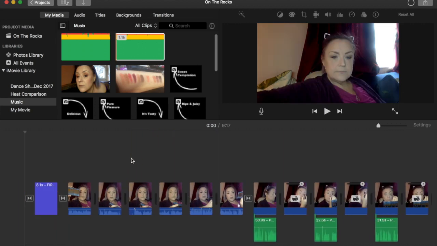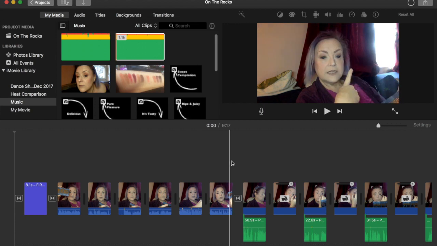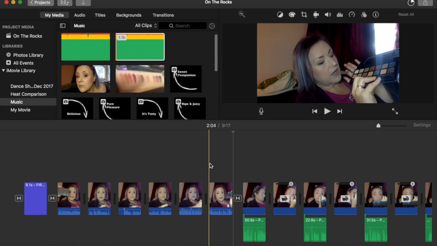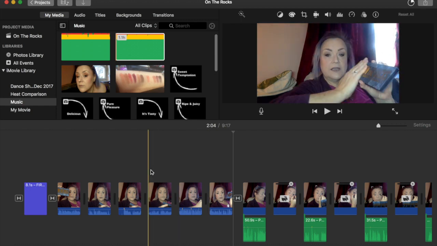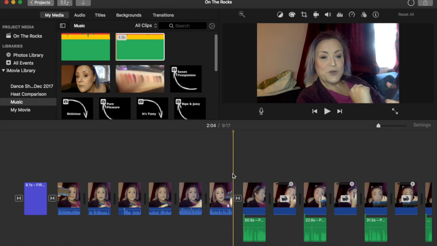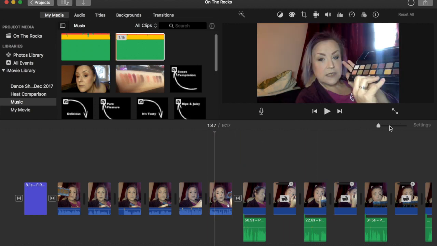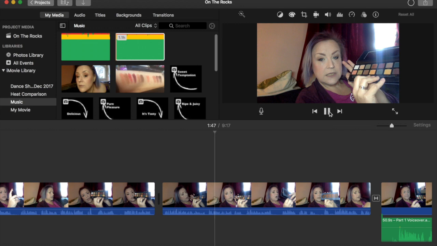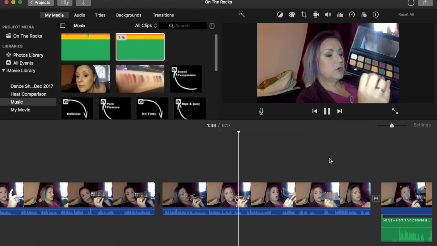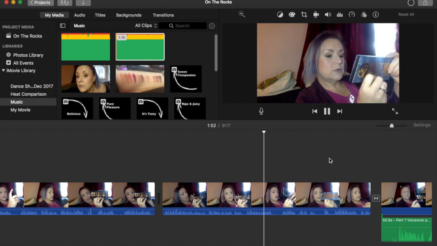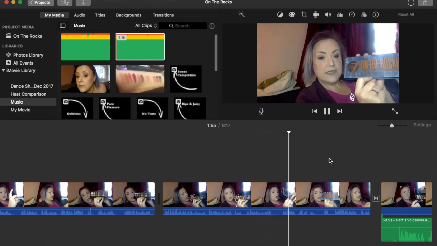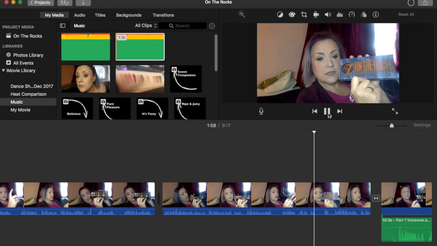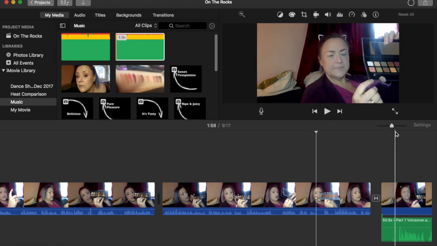and scroll back to the beginning of the video and decide where I want to put those swatches. I think I need to put them in before I start the actual work, so I think it's going to be somewhere in this section here. So I'm just going to expand it out and see if I can find a suitable gap for that clip to go in.